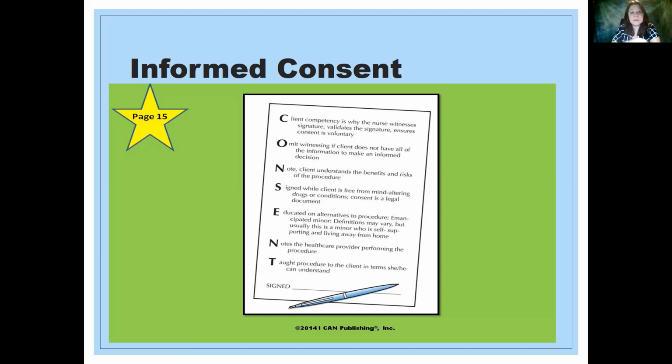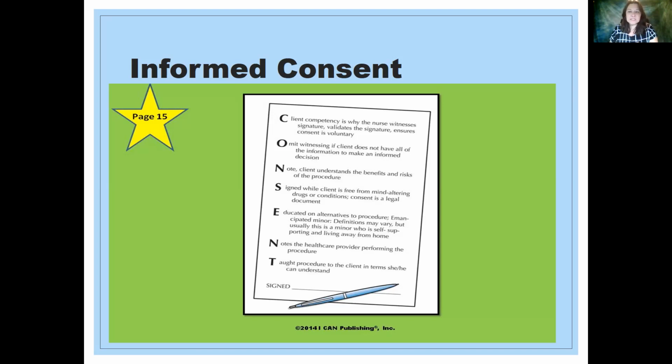The first case actually defined the elements of what we have to obtain when we get informed consent. It didn't even happen until the late 1950s. Basically what happened in 1914 is they determined that the doctor can't just do what they want to do. They do have to ask permission first. And then in 1950, there were laws laid out regarding what you are to do when you're obtaining informed consent. So that was just a little history lesson. Don't expect you to know that for testing purposes or anything like that. I just think it's interesting to know how things come about.